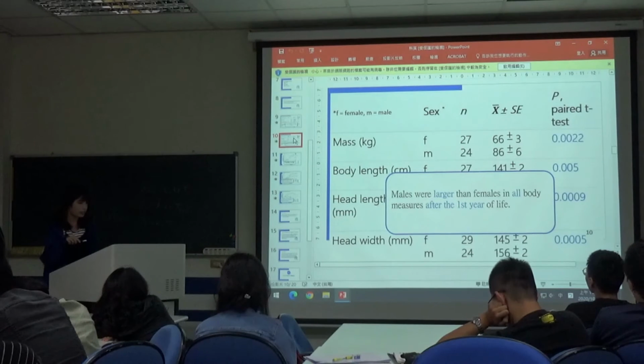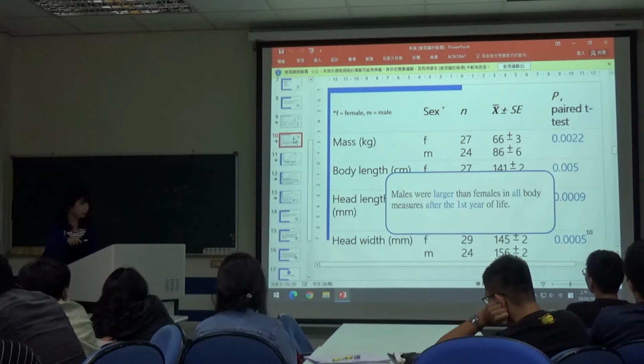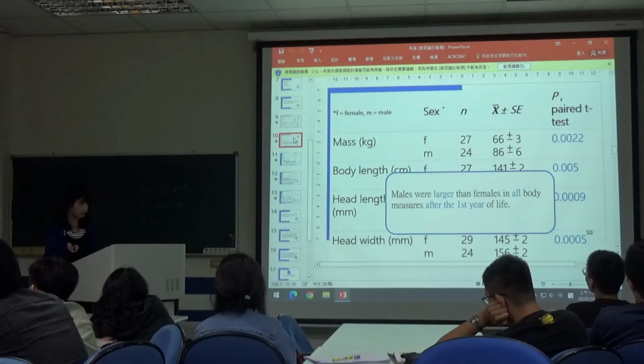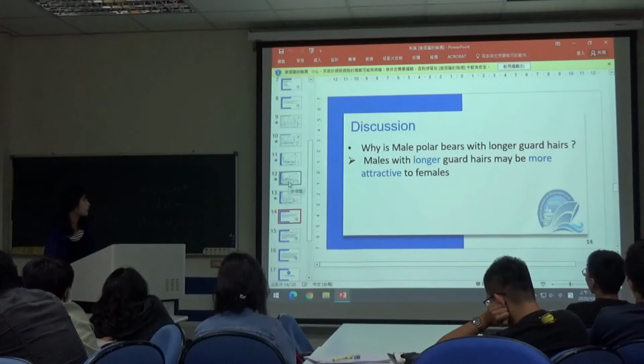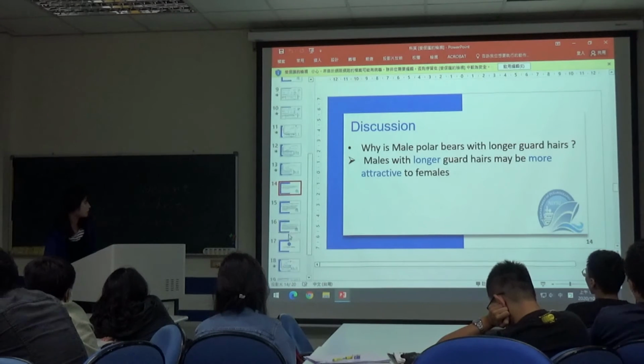It means males were larger than females after the first year. So we get the first conclusion. And the second conclusion is